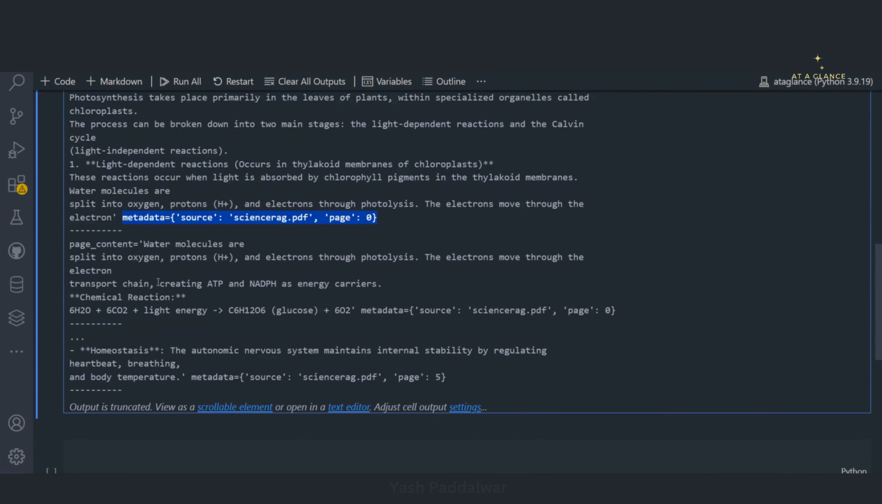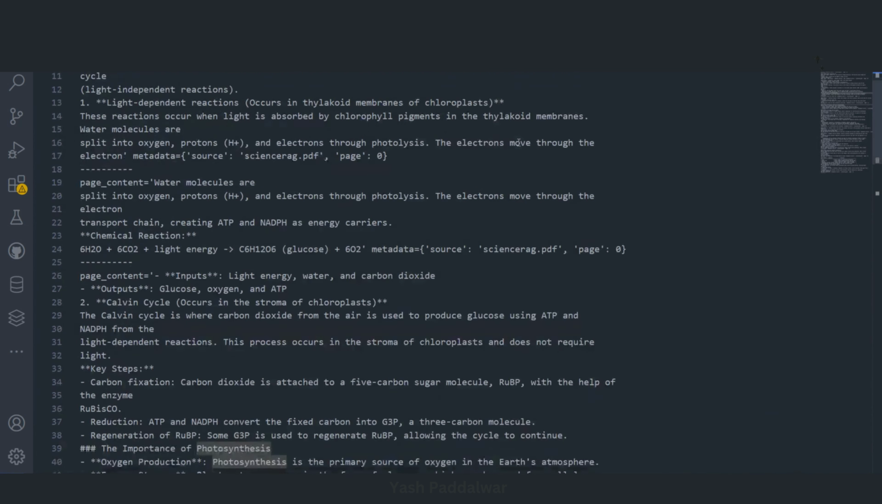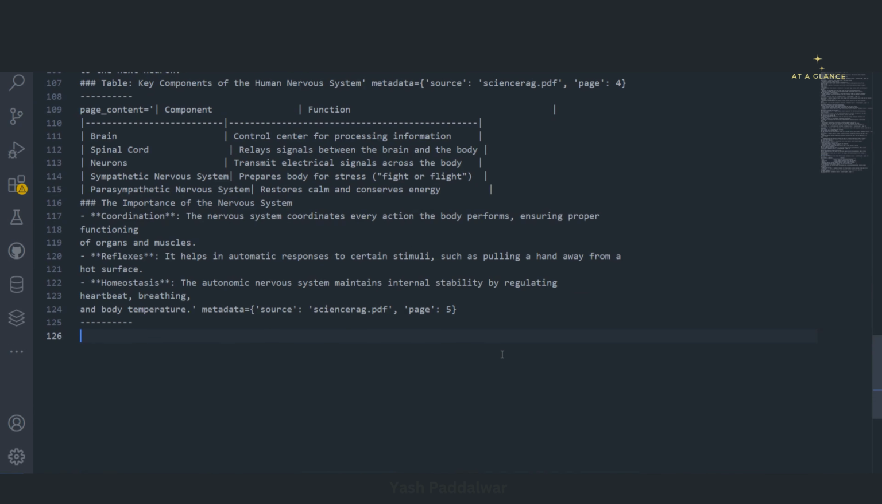Similarly, we have the other chunks. So I'll simply open the text editor over here, and here you can see the different chunks that have been created. So now that we have our chunks, the next step is to convert these